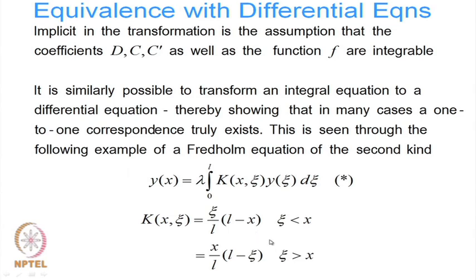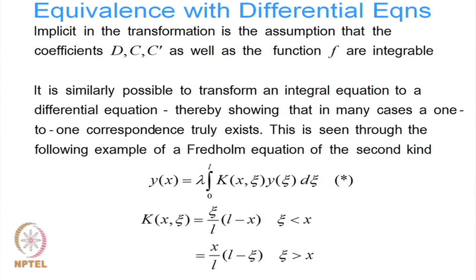The kernel is of this form, because my integration limits are between 0 and L, and with x equal to 0, xi has to be greater than x, because xi goes from 0 to L. So this is my kernel, and look at what the kernel becomes when x is equal to 0: it is going to become 0. So then I have 0 inside the integral,